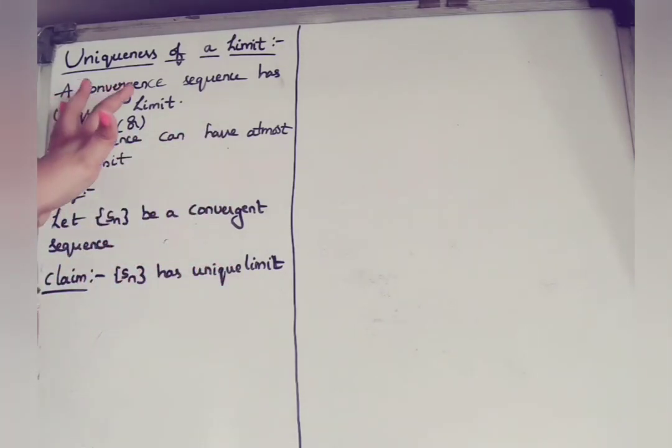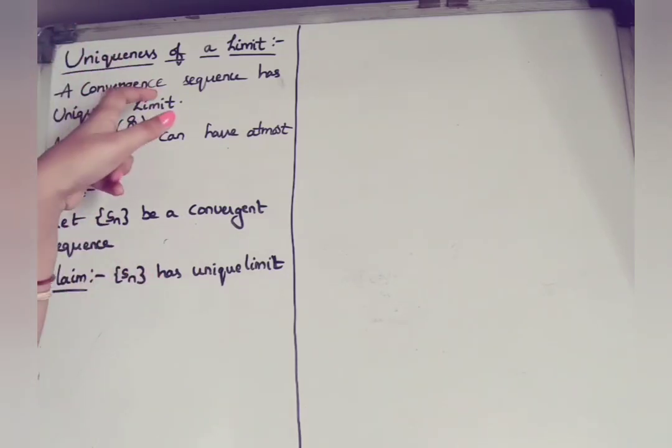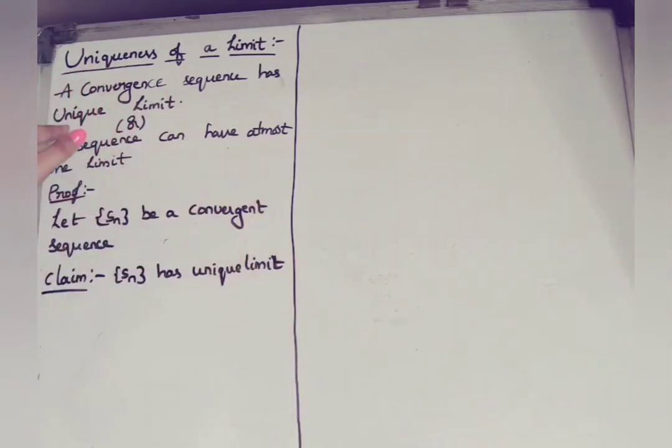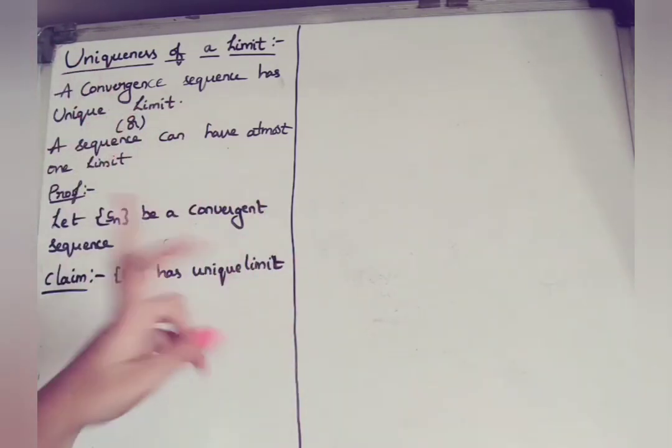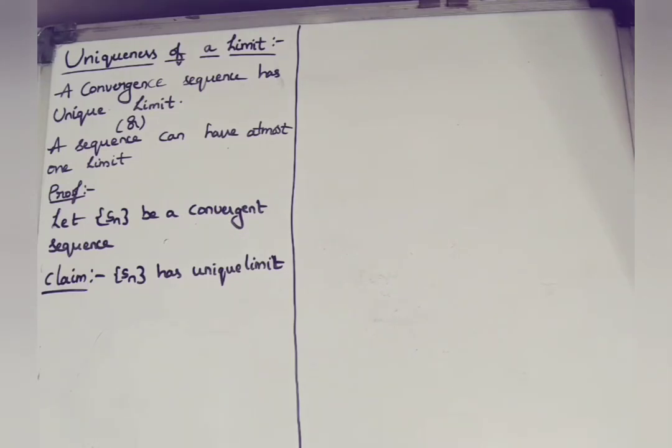See here, what is our statement? A convergent sequence has a unique limit. So for this we need to consider a convergent sequence first. Then we need to prove it has a unique limit. Unique limit is nothing but it has only one limit. I am considering here